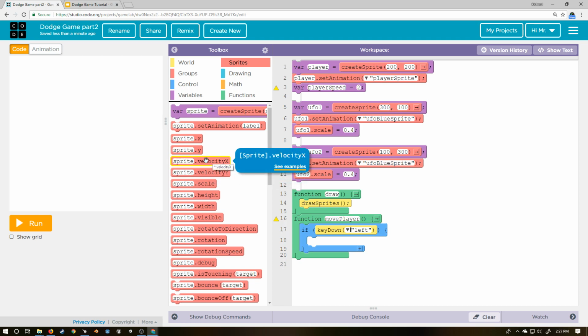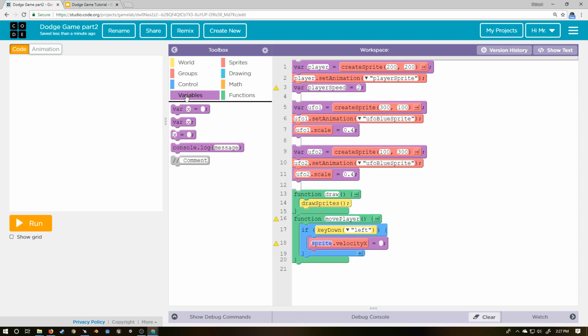So let's start with velocity x right now. With Code Studio, I can just grab this, and if I drag it in here, notice it lets me put it in here, and it adds this purple block to it. Now, just so you know, this purple block is actually under the Variables tab, and it's this one, Assign a Variable. We're going to use this a lot, because what this is really saying is we're taking a variable, which we might as well set right now to say player, because we're talking about our player. We're going to take our player variable, and we're going to modify its velocity x property and set that